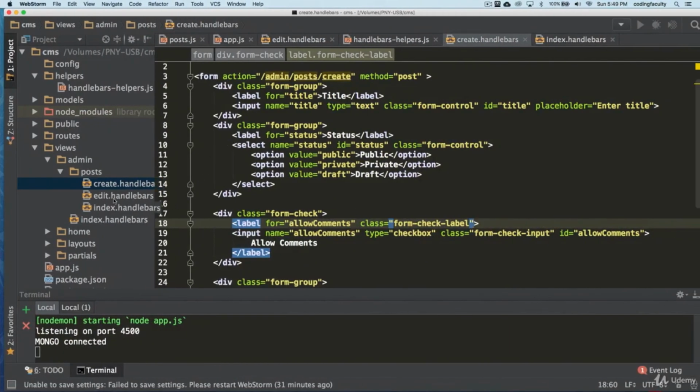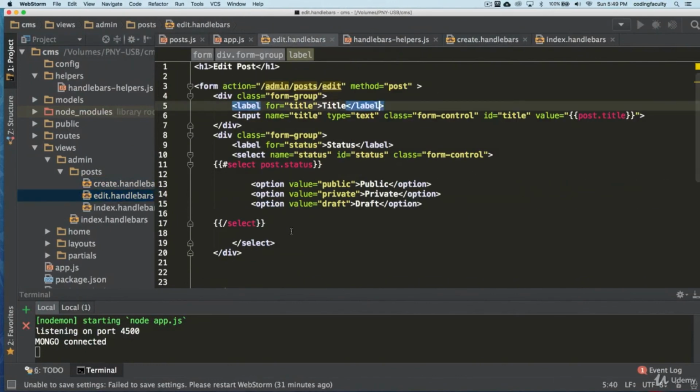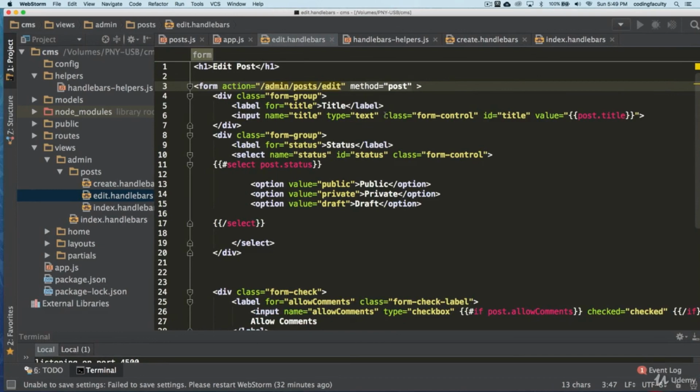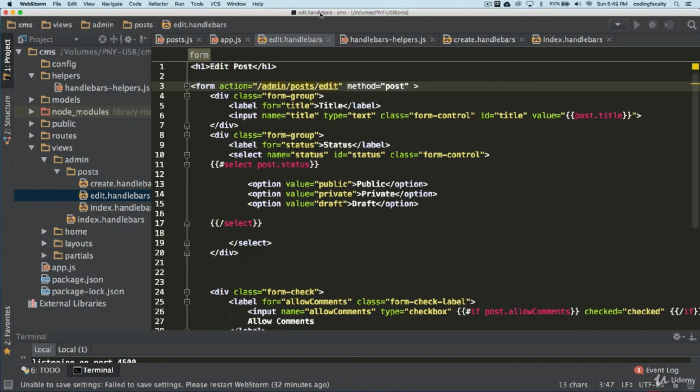So let's go back to our edit, and we are going to be submitting. We could, if we wanted to, submit a post request and update the data. All we have to do is get the parameter from the URL and call our Mongoose methods and update it. But we're not going to do that. We want to follow best practices. We want to follow convention. We want to follow the verbs: the put, the post, the delete, and all that. It's just best practice to do that.